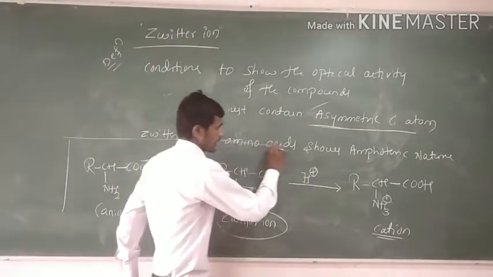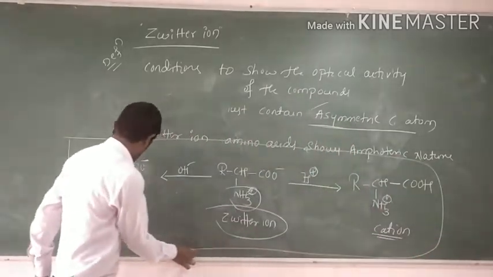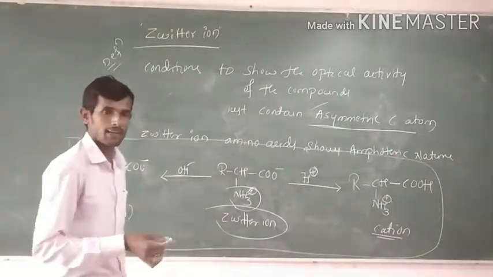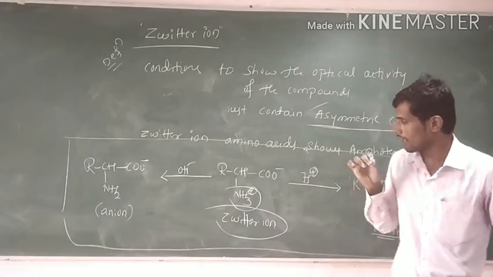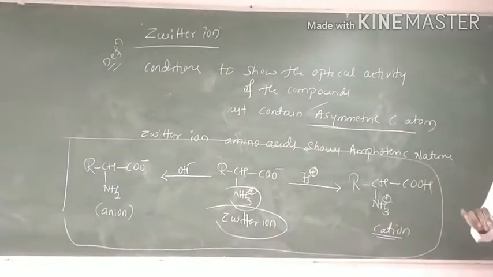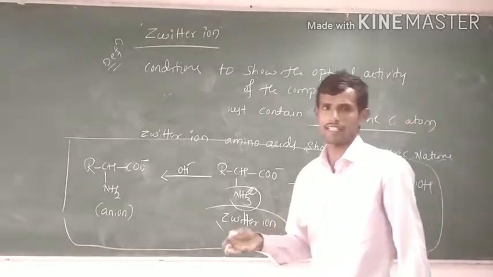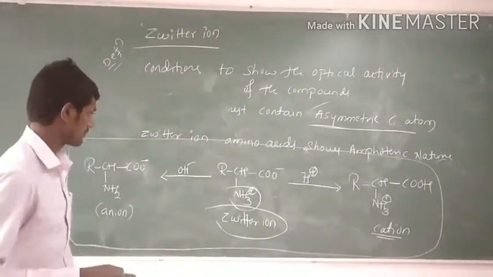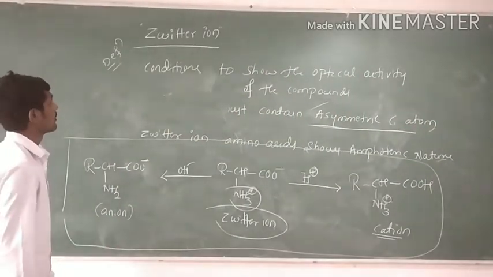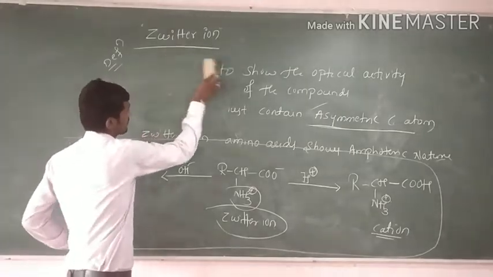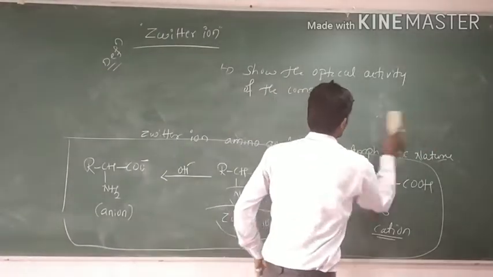Because of this point, in presence of Zwitter ion, our amino acids act as an amphoteric substance, because they also act as both acid and base. One very important note related to this concept, please remember,